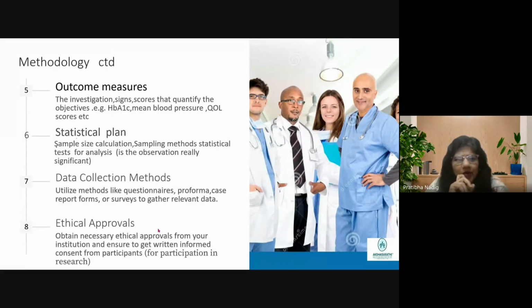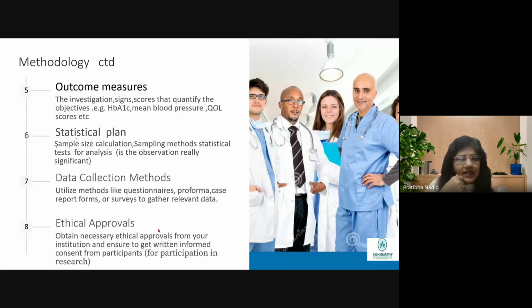And then we should talk about the endpoint. What is the endpoint or outcome measure? What will you see in HRQOL, for example? We will see the scores. And if you have taken a control, non-diabetic, same age group, that design can also be taken. So there you will compare the mean scores. Otherwise, you just see the HRQOL scores, what is normal in normal individuals at that age versus diabetic. So outcome measures will be HRQOL scores, or depending on your project, HbA1c, or if you are doing a project on hypertension, mean blood pressure. What is the impact of this drug on the mean blood pressure? In that case, mean blood pressure becomes the outcome.